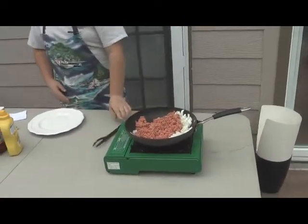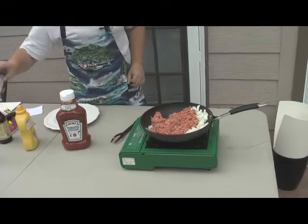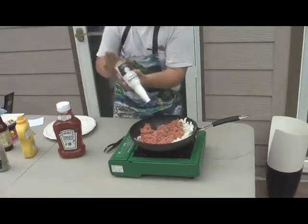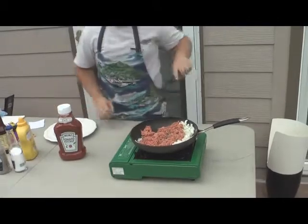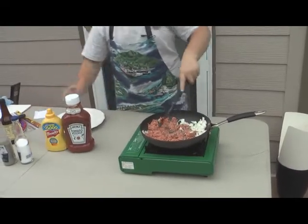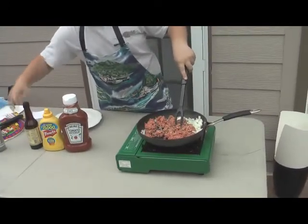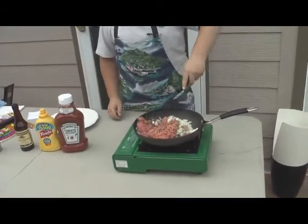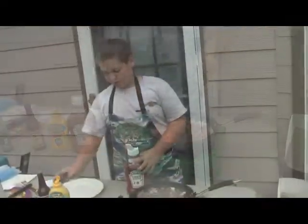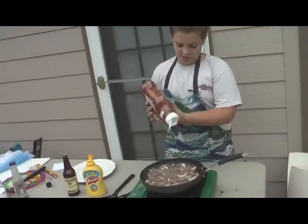Alright, now you are gonna use 1/3 of a cup of ketchup after you get it browned. Normal ketchup. And you're gonna use a little bit of salt and pepper. And then you're gonna use 1/4 of a cup of mustard and 1 tablespoon of Worcestershire. And these are the best sloppy joes ever. 1/4 cup of ketchup, 1/4 a cup of mustard, and a tablespoon of Worcestershire. And I've done this enough that I don't have to measure it, but